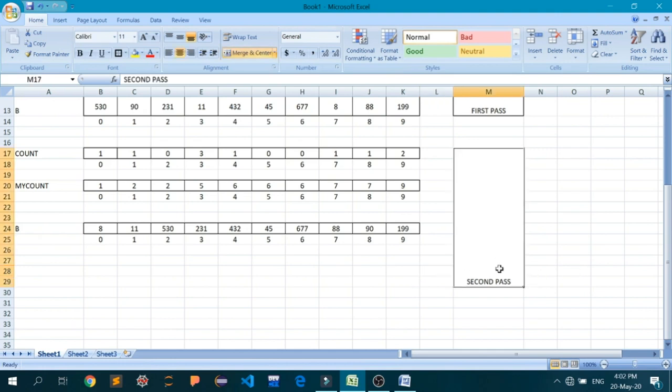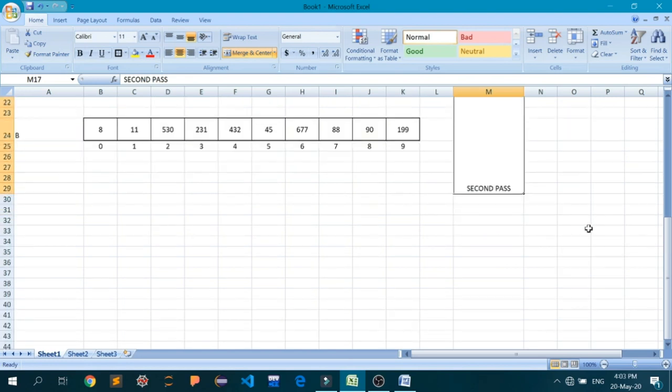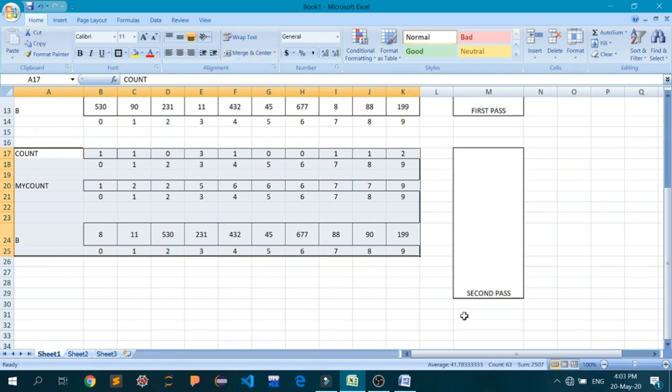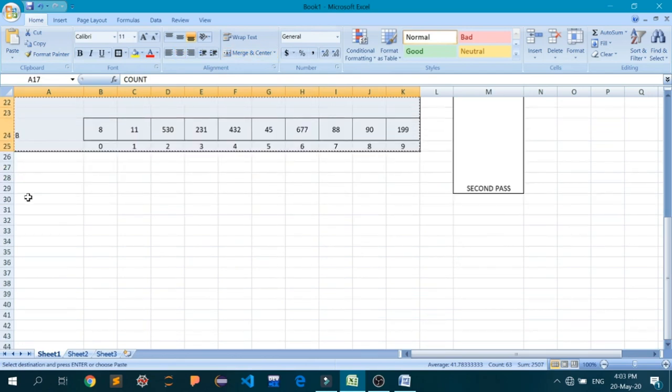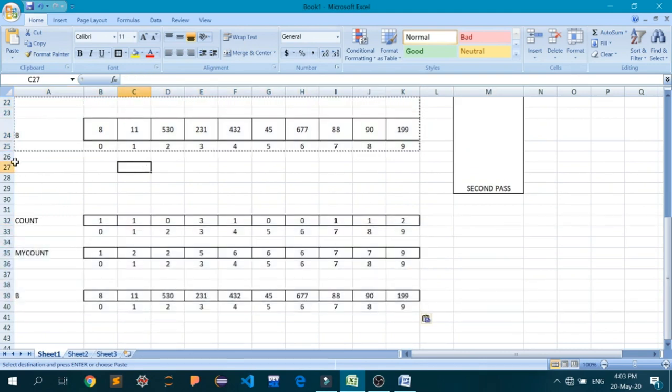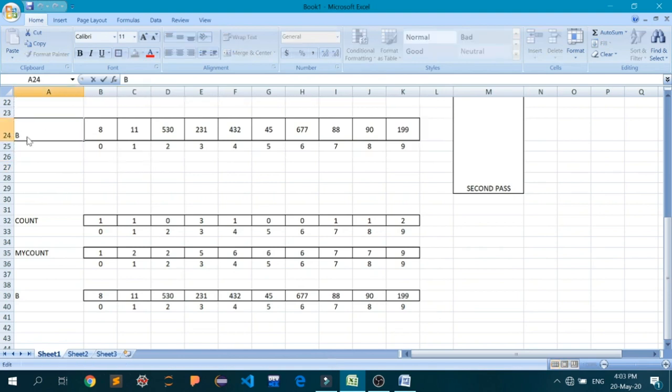Now we have to begin the third pass. In the third pass, again let me just copy this stuff here, Control C, and I'll begin from here, Control V. Okay, now this time your A, let me rename it now to A. This is what you have to do in the first place. This is your B. Again, I'll just remove all these values.